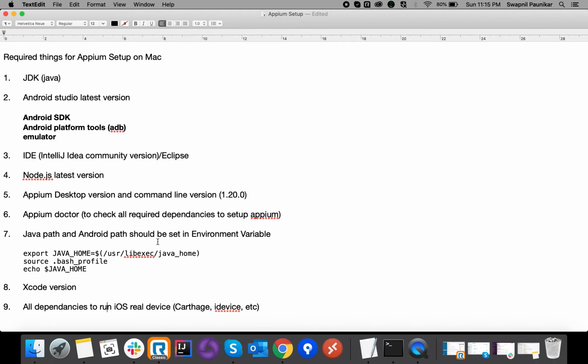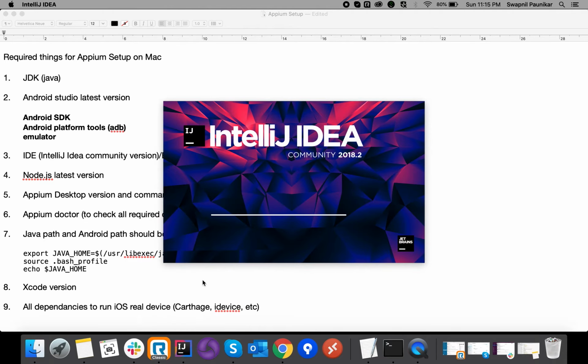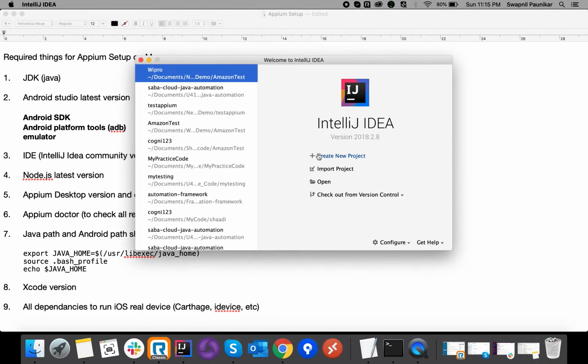Once you are done with these things, we must verify whether our script will run or not. So we will create a sample project just to verify that everything is working fine. I'll open my IntelliJ and create a new project.